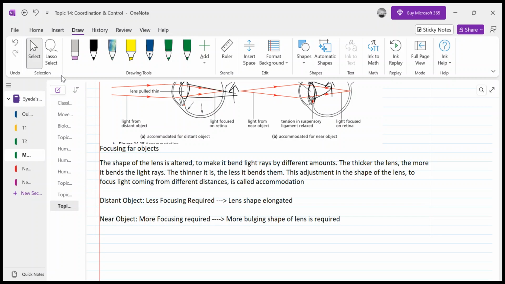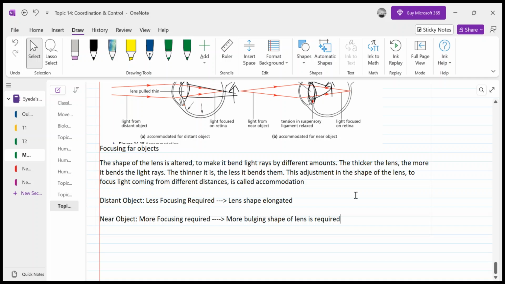Now what are the events that basically make this happen, to make the shape of the lens change? Yes, what happened? I have already replied to your question. Fovea is a part of the retina. What do you want to ask more? Okay, now what are the events that basically take place to make this lens bulging and elongated?